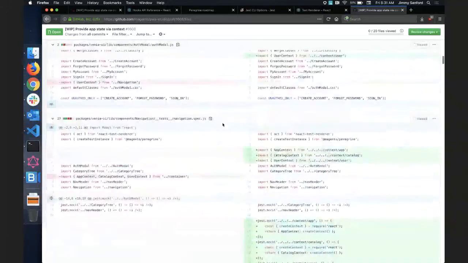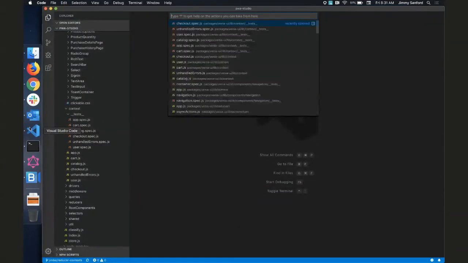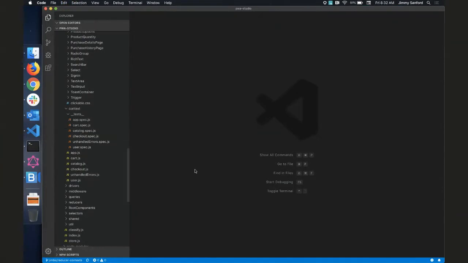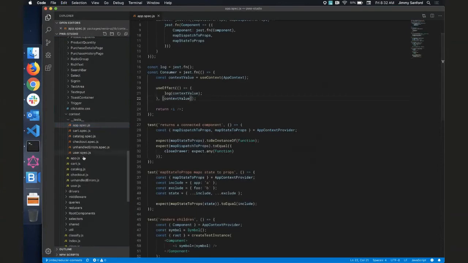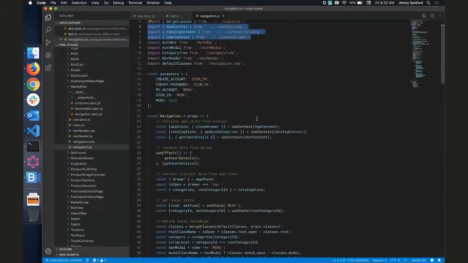So if we go ahead and look at something like application context, basically what this is, it's a component that's connected to Redux and pulls the state out of Redux as well as the actions that we have, and makes them available via a context provider so that any component can simply use context with these context objects to get the Redux state without having to connect through a container component and do a map state to props or map dispatch to props.